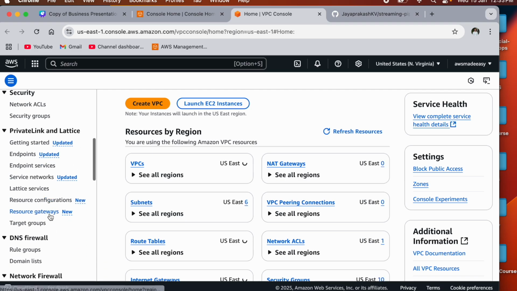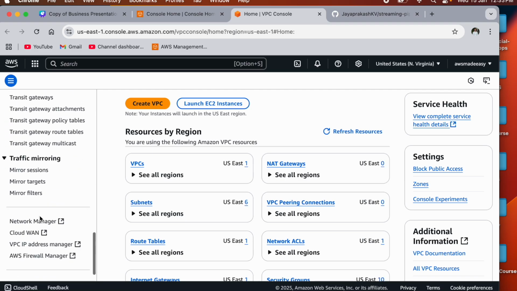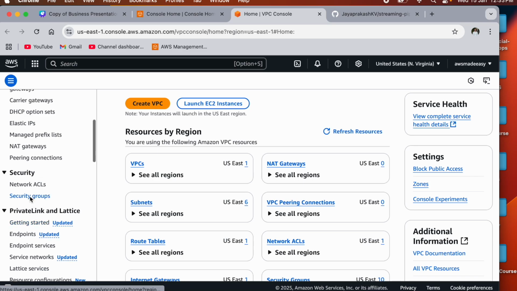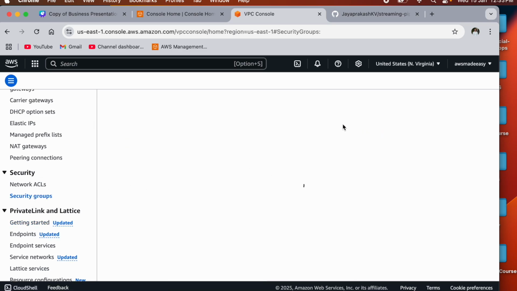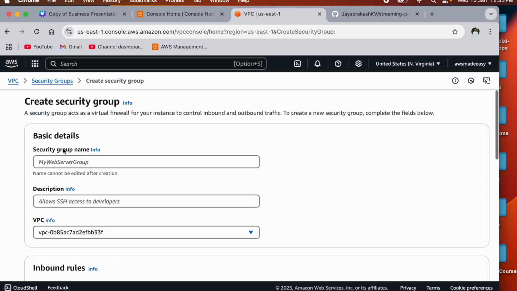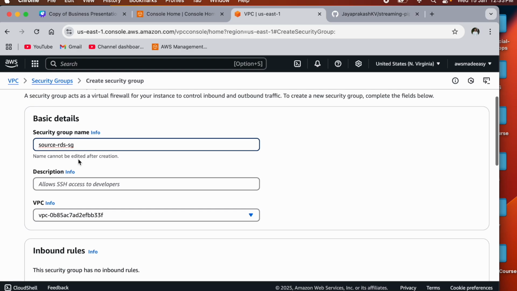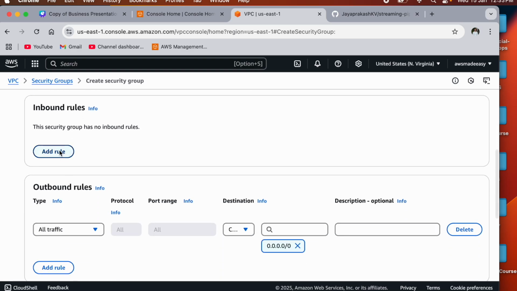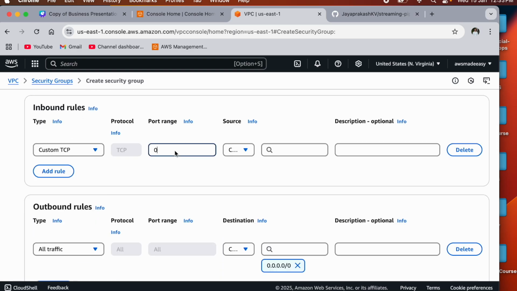Okay, so let's go to security groups and create a security group for this. So I'm going to allow the TCP traffic. Let's call this source RDS SG. Okay, so this is basically the security group for our database. So I'm going to add an inbound rule, and I'm going to allow TCP traffic on port